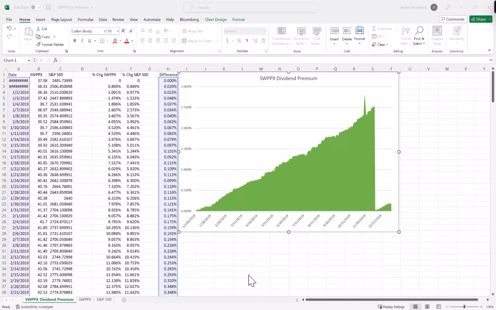So what you're seeing here is what I call the dividend premium. That's the amount of the NAV that exceeds the value of the securities. So this is an S&P 500 fund, okay? So there's a value to those 500 securities in this fund. And then, as we've talked about previously, in addition to that, there's the accrued dividends. So every time this fund receives dividends from its underlying holdings, those dividends are attached to the fund. So this fund trades at a premium to the value of its actual securities. That's what you're seeing here, okay?